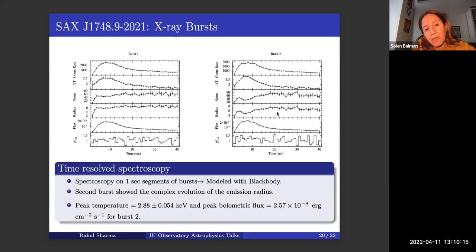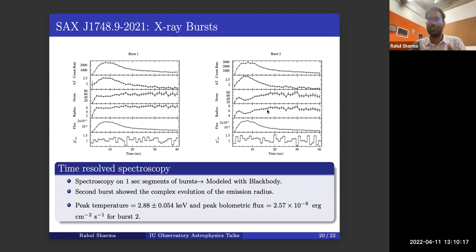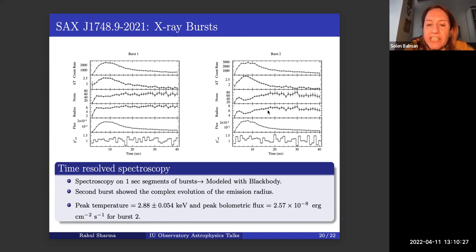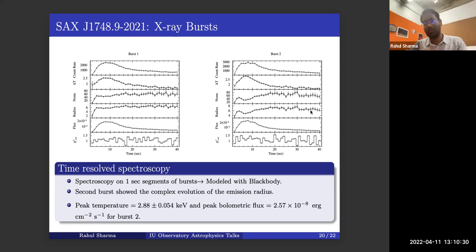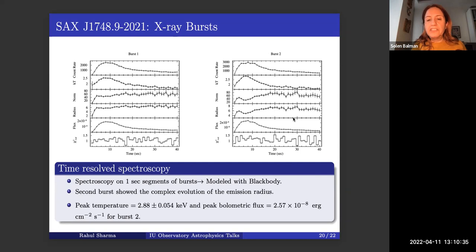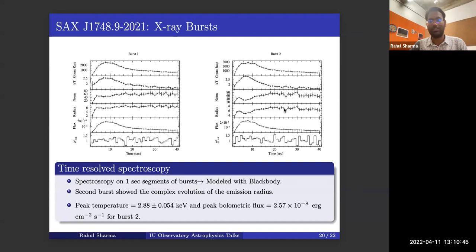After some time, the emission is actually coming from the full surface. So it's the full surface radiating. Then the radius becomes constant. It starts from the spot and then covers the entire surface. So the effective radius is increasing because of that, and towards the end, the entire surface is emitting all the time. And it will just fade slowly. Full surface emitting, but it will start to cool down.